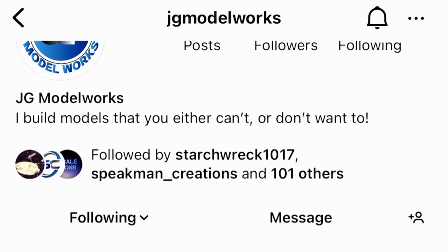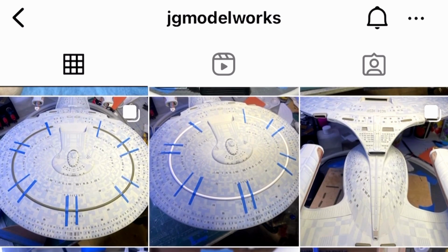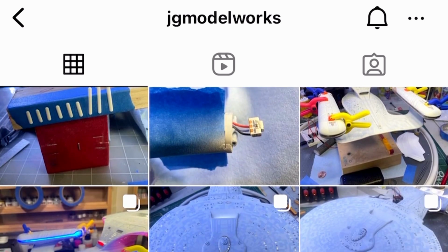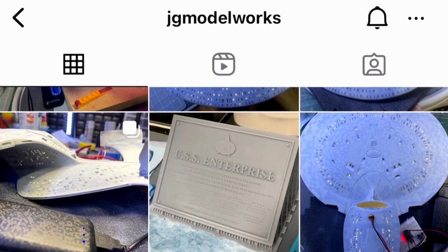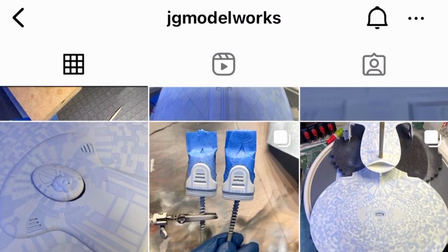JG Model Works, I believe, is the account on Instagram, is doing Enterprise D, and he's painting on the, or is it Aztec decals? I can't remember, but he's dusted over the base coat to really step them down to keep them in scale. So that's that. Anyway, all that to say, the Excelsior reissue has clearly been a good seller for round two,